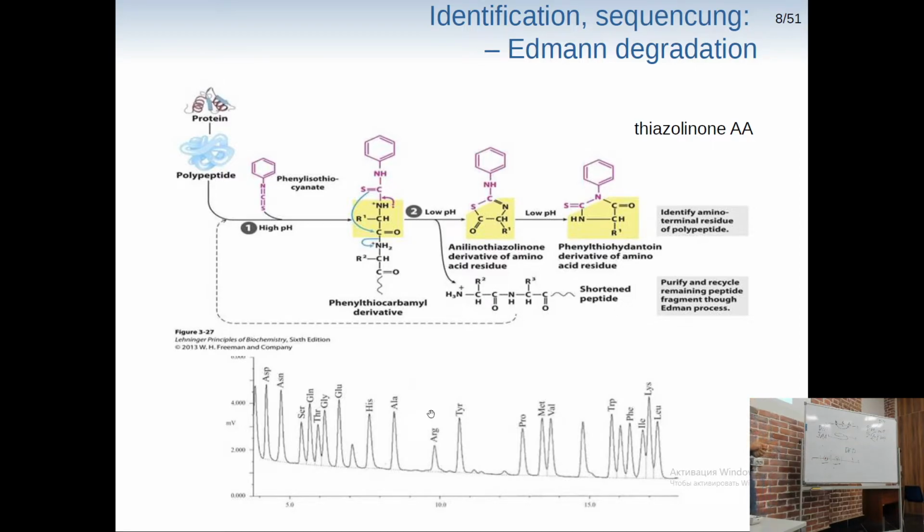Also, we can do the sequence only from the N-termini side. C-termini is not possible to sequence with this chemistry. Actually, nobody was able to devise this kind of chemistry to sequence from the other side. And even though this reaction is really selective and has a really high yield, almost 99%,